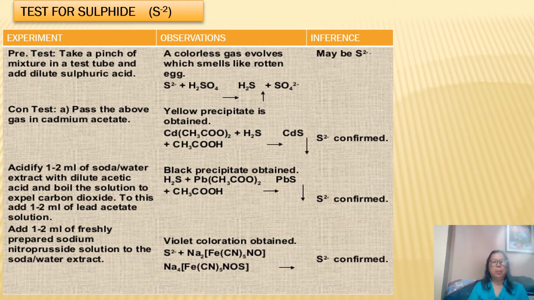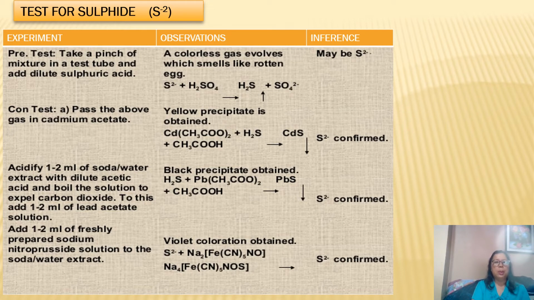And then we have here the test for sulphide. Upon the addition of sulfuric acid, if a colorless gas evolves and smells like a rotten egg, then you can think that sulphide is present. A confirmatory test is the addition of cadmium acetate, which will lead to the formation of a yellow precipitate. Another way is